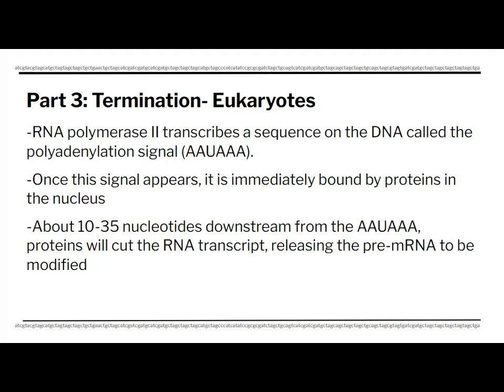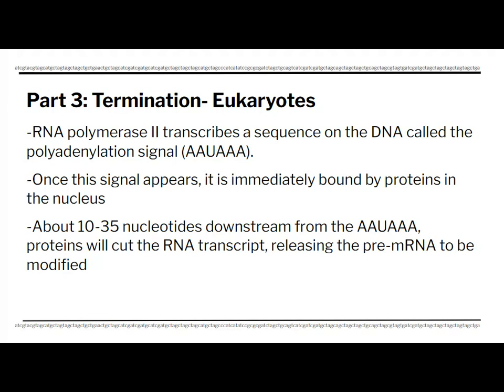RNA polymerase 2 will transcribe a DNA sequence called the polyadenylation signal, which is AAUAAA. When it transcribes this sequence,